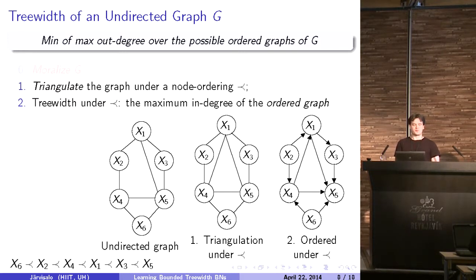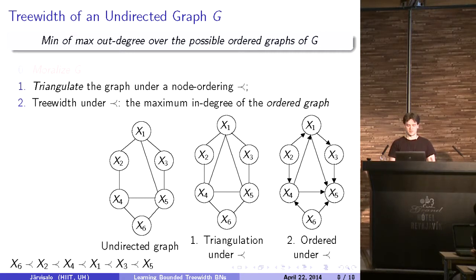So if we fix a total ordering over the nodes of this graph, we can do a so-called triangulation step using that ordering, which means that we basically look at pairs of nodes, and if there is a node that's connected to both of these nodes, let's say x1 and x4, and look at x2 here, and x2 is actually a predecessor in the ordering of both x1 and x4, in this case we will introduce an additional edge between x1 and x4, and you repeat this until you reach a fixed point, and that gives you the triangulation of this graph under this specific